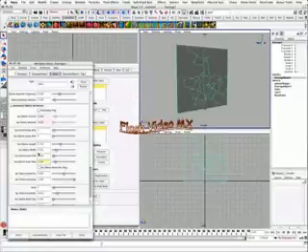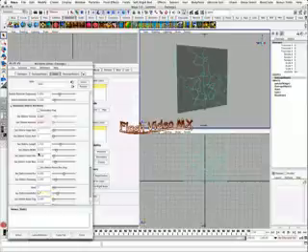Next we'll select our floor object and open up the blast code main window, go to the particle tab, select new collision, select the particle and the floor object and go attach collision. Next we'll select our floor object and convert that to a passive rigid body, and we're just going to lower the bounciness to about 0.05, increase the damping to 1, and maybe make the static and dynamic friction about 0.3 or 0.35, and also